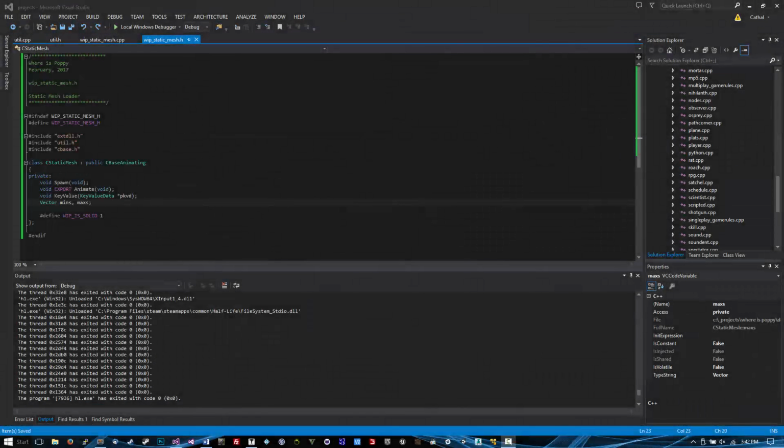Alright guys, so in this section we're going to cover adding the option so that the user can use a sequence-based collision as well as the manually entered mins and max values. So first we're going to need something to switch between them on the Hammer side. So first you enter your header file, and let's add